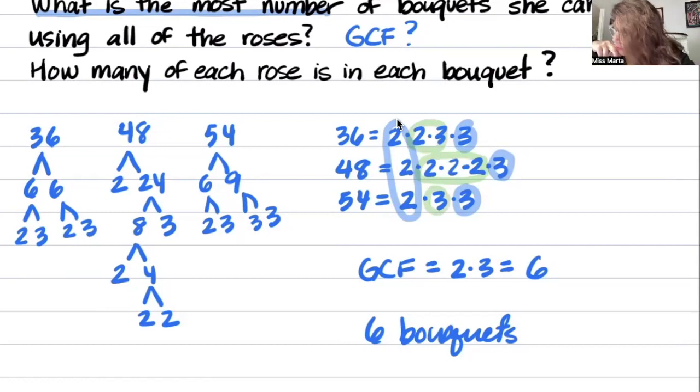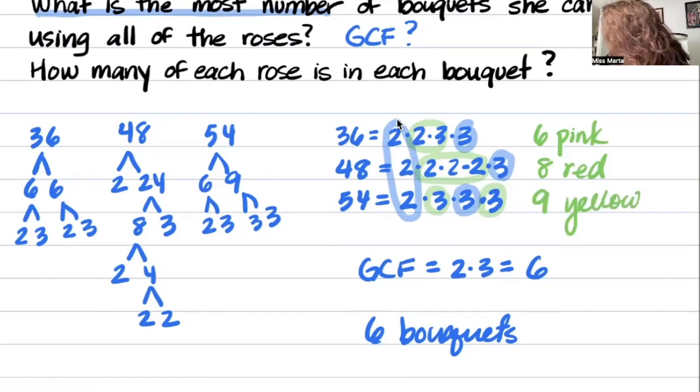Is it just a 3? Oh, I'm missing a 3. Sorry, I missed out a 3 when I was writing my answer. Let me go back. There was another 3 here. Missed it. All right. So there we go. We got 2 3s. So that lets us know that we have 6 pink roses, 8 red roses, and 9 yellow roses